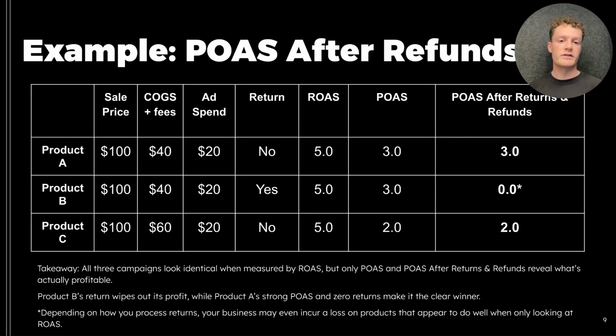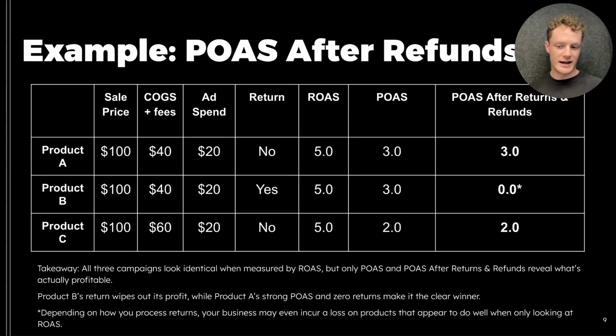So just as we've done previously with the standard ROAS versus POAS comparison, we're now going to visualize how POAS after refunds differs, not only from ROAS, but also standard POAS. We're going to see how this differs in a table format by looking at an example with 3 different products. I know this table looks a little bit more complicated than the last. There's no nice product images and these 3 products instead of the 2, but I promise you this is still